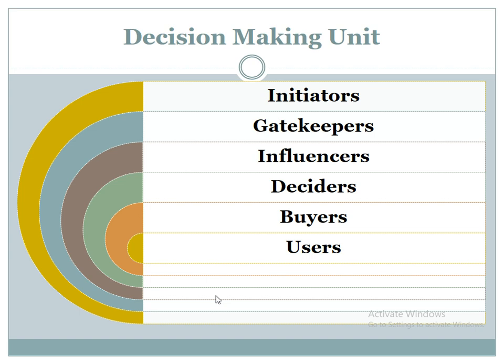Then next are the buyers. The major role of buyers is obtaining the quotations or offers from the suppliers. Then they do the supplier evaluation and supplier selection, negotiation, processing of the purchase orders, then speeding up the deliveries and implementing purchasing policies of the organization. Generally, they are purchase or material officers, or purchase executives or material executives.